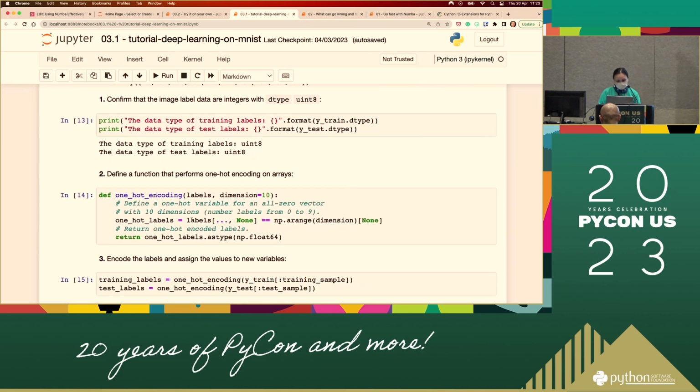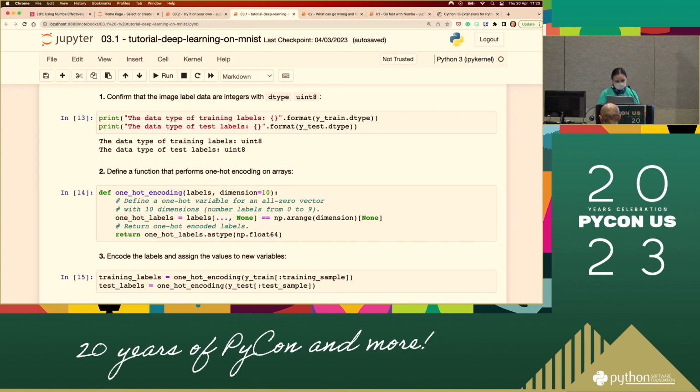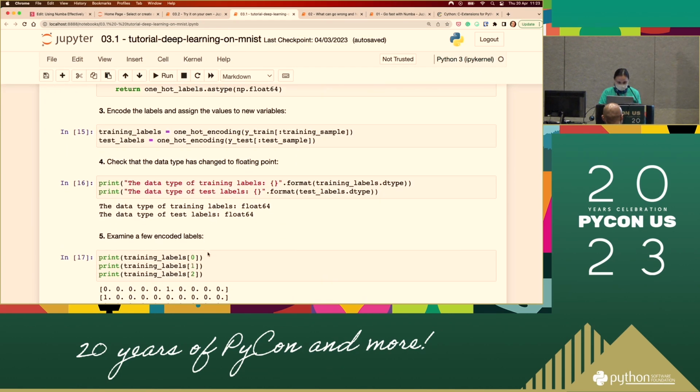A similar thing happened with the results. For the result, we do one-hot encoding, which means it will be a vector. If it's 1 and then all 0, it represents that the digit on the picture is 0. If it's 0, 0, 0, and the last one is 1, that means the picture is the number 9. That's called one-hot encoding, which tells you which one it is. Imagine it's a checkbox: which one is checked?